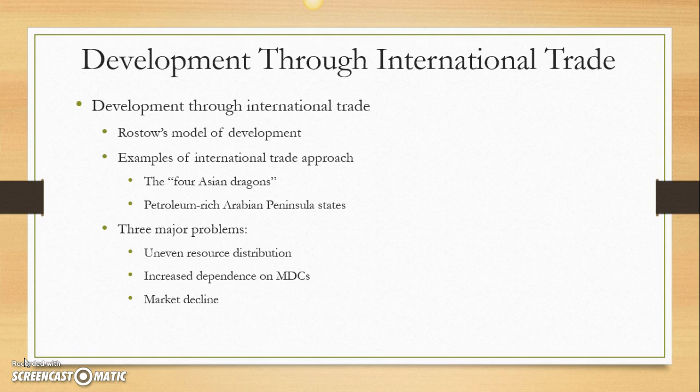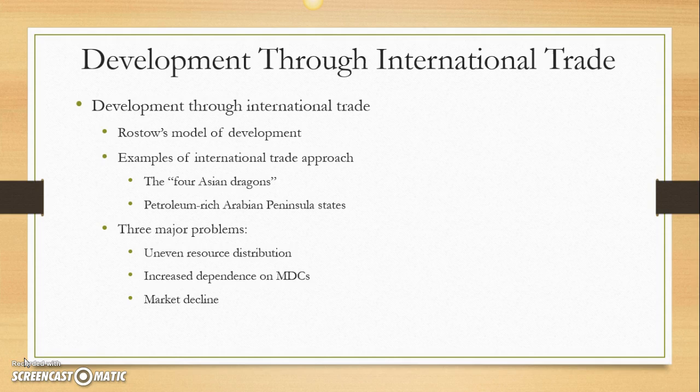You'd also look at the Arabian Peninsula states. And the Arabian Peninsula, that's that great big Santa Claus boot, is the way I heard it described, where Saudi Arabia is, along with Oman, Yemen, and then the United Arab Emirates are also around there. And so they have grown very rich and developed very rapidly by trading what they have available, which is to say petroleum. Okay? And there are some major problems with this approach, though, to development.